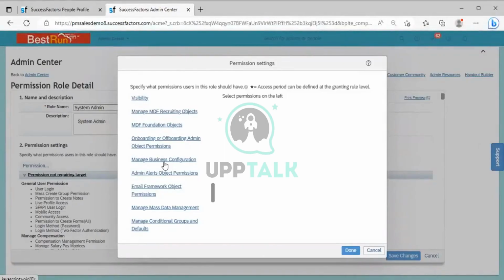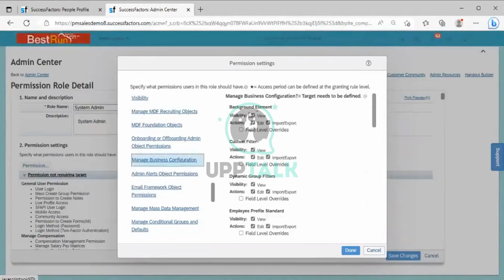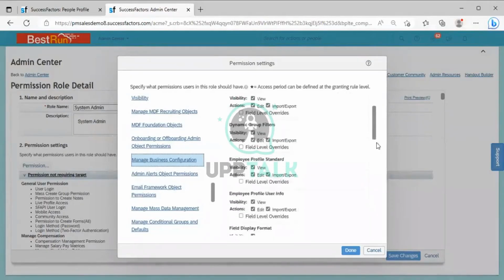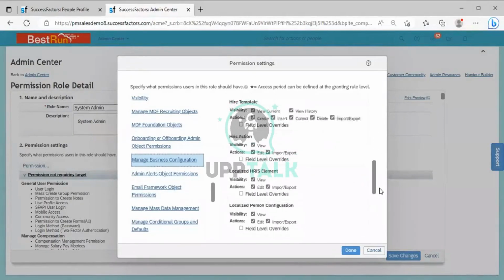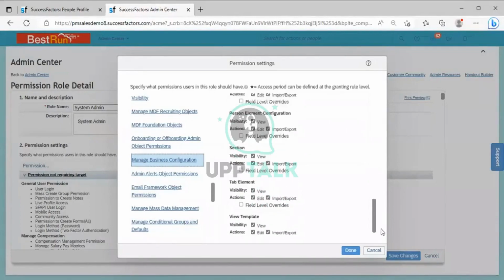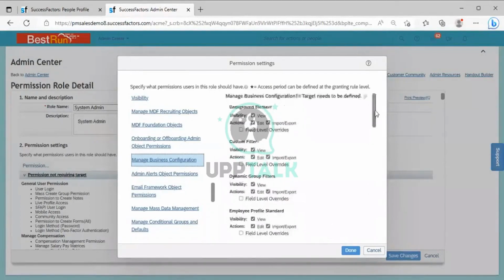Once it is enabled here, then we can go here and give the necessary permissions. Under Manage Business Configuration, we have a lot of features: background element, custom filter, dynamic filter, employee file, standard, all the standard ones. All these things we need to enable from here. Once it has been enabled,